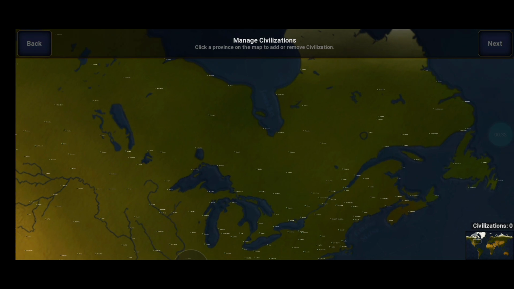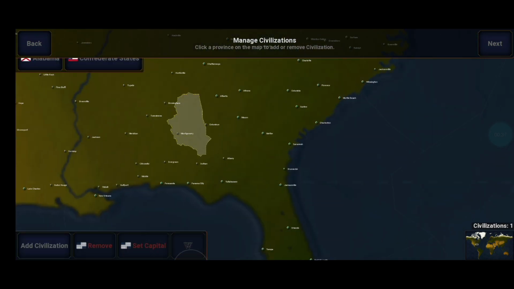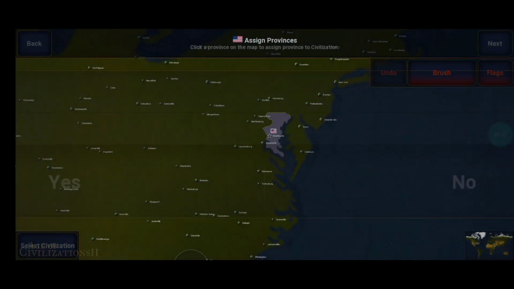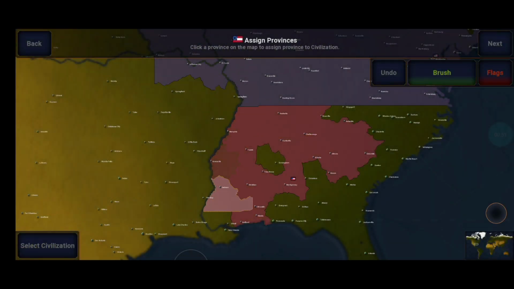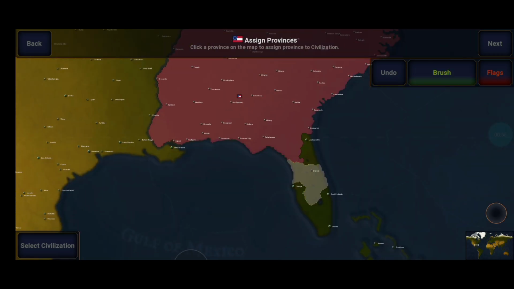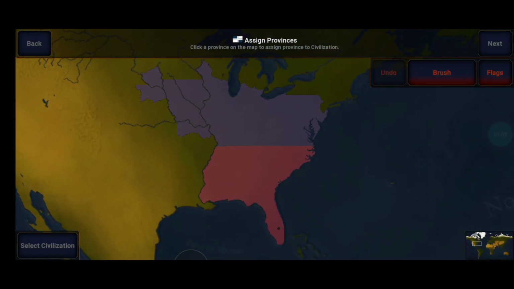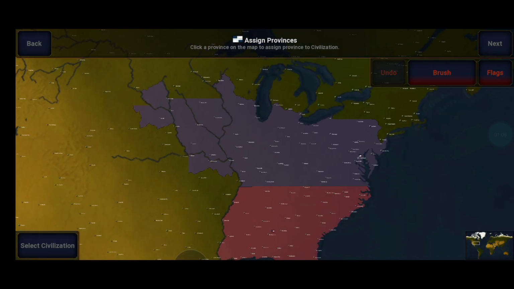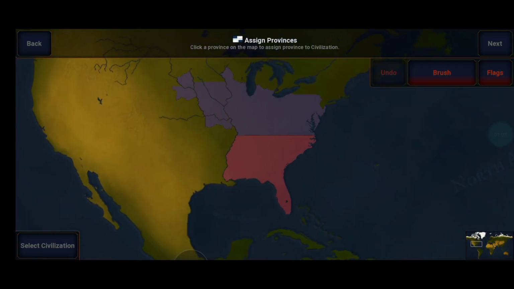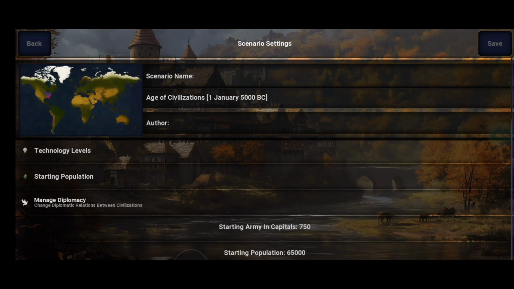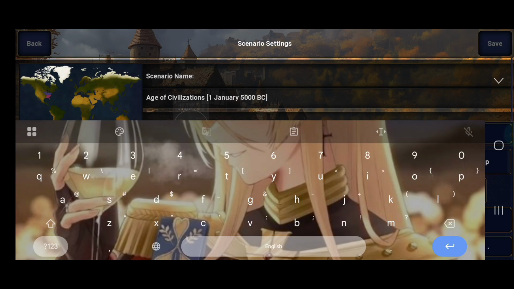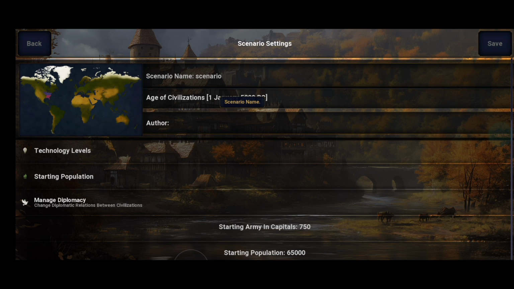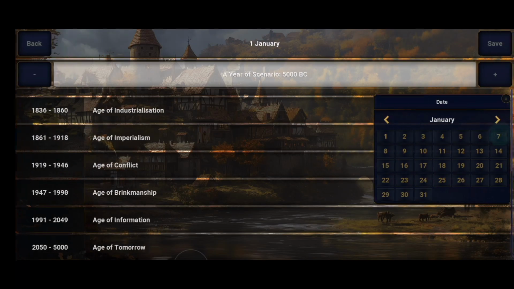I'm gonna show a little example of this. So here's the scenario I made. It's pretty quick, and you're gonna put a name to your scenario. So I'll write scenario. For this part, I put scenario just as an example because you can do whatever you want. And the date,